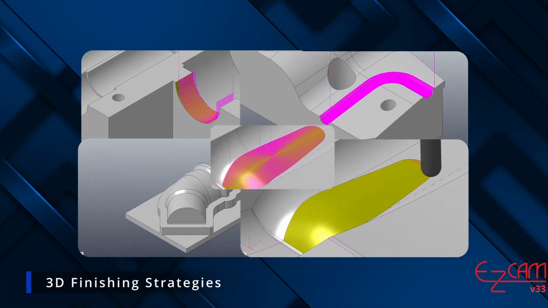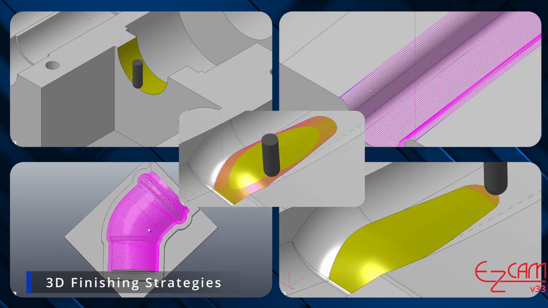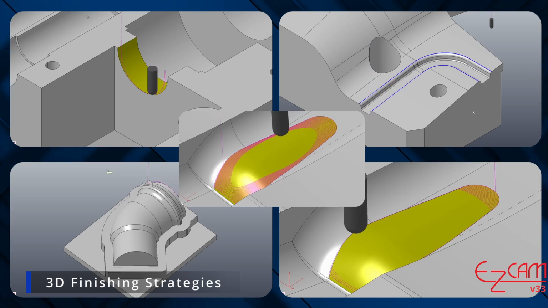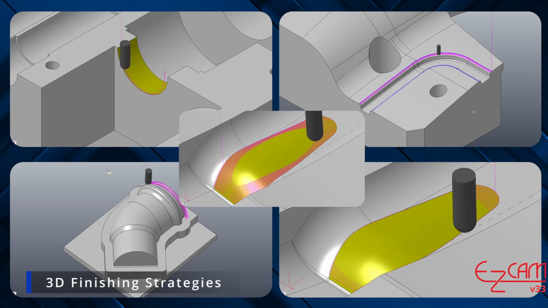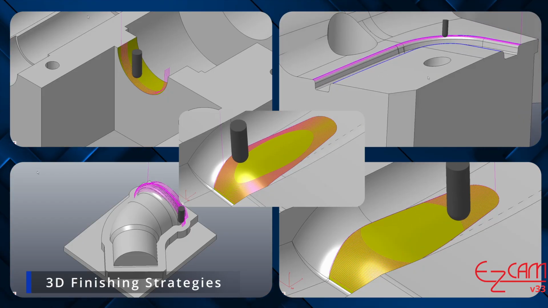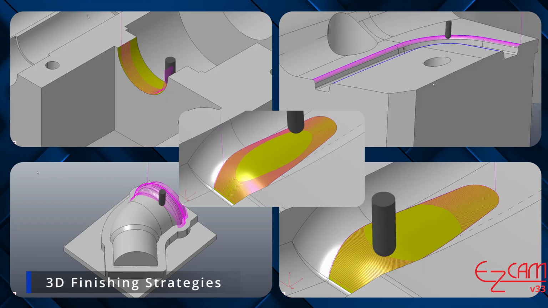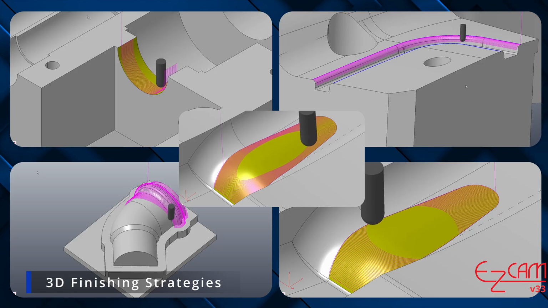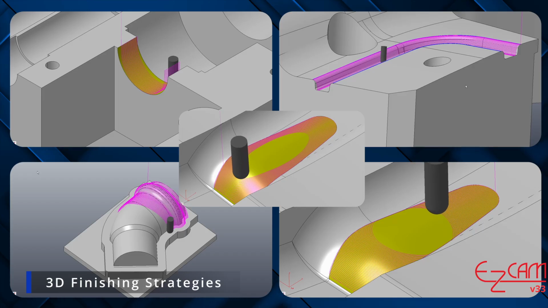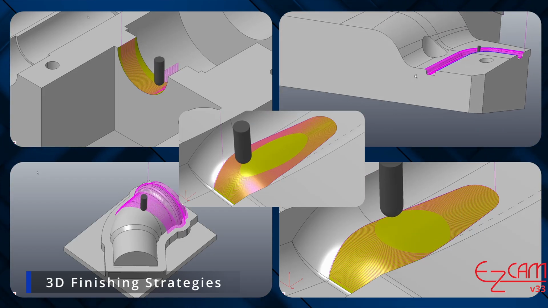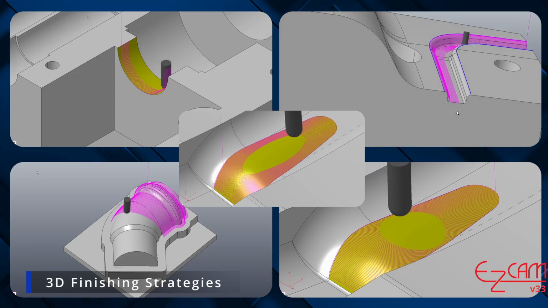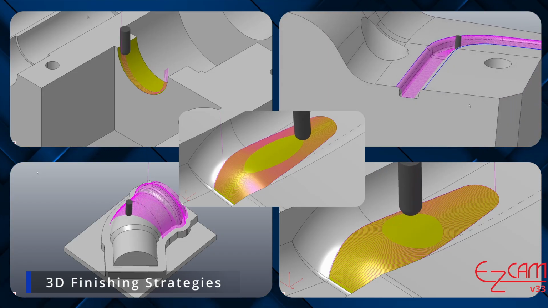New 3D finishing strategies. There are important innovations in 3D finishing. In this release, the parallel, radial, morph, and curve projection methods have all received significant improvements and fixes. Each method has been optimized for different surface types and machining needs. Additional improvements were made to the spiral finish strategy. This method has now become a strong alternative and a standalone solution to constant scallop finishing. Thus, on complex and organic surfaces, you achieve more homogeneous machining.